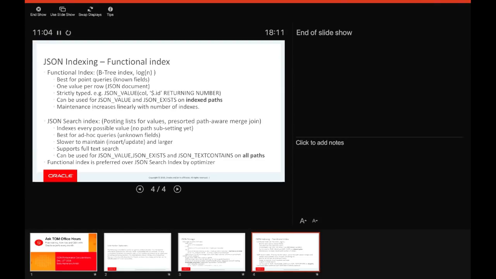So the functional index is using a B-tree data structure. So you can find a key in logarithmic time. So this is decade-old technology, probably since the 70s, I would guess. So it's best for point queries. So you have to know the fields that you want to index. And for that specific field, for example, the ID of a customer or a zip code of an address, you